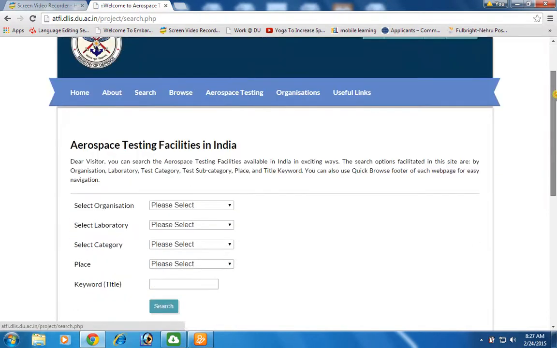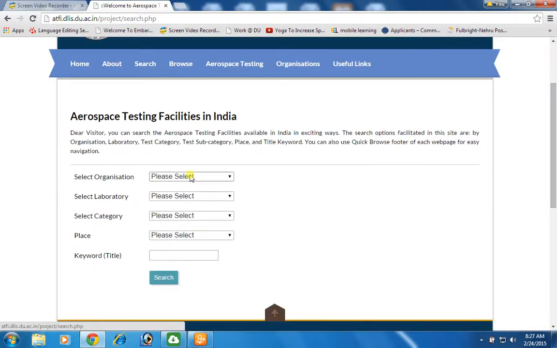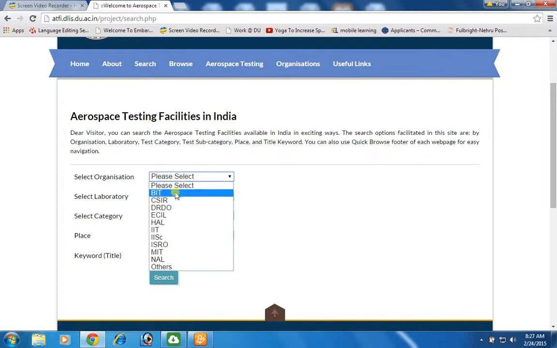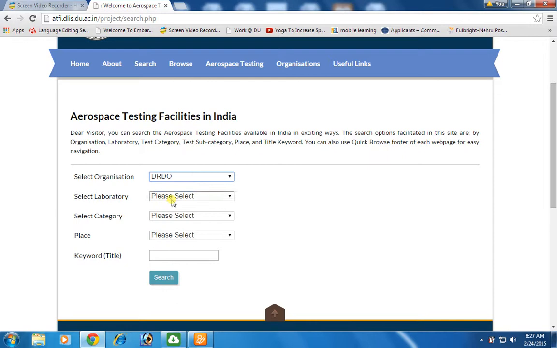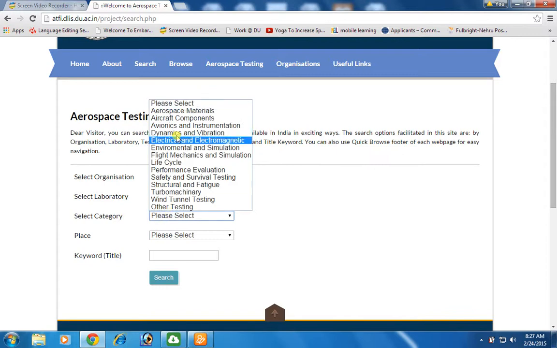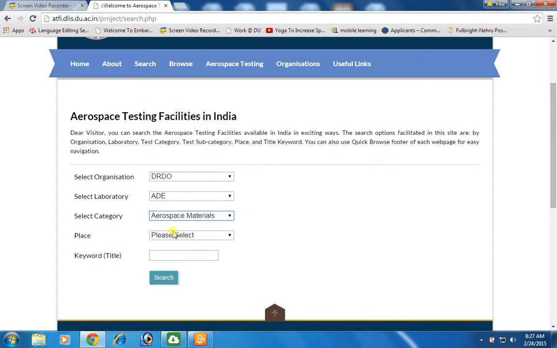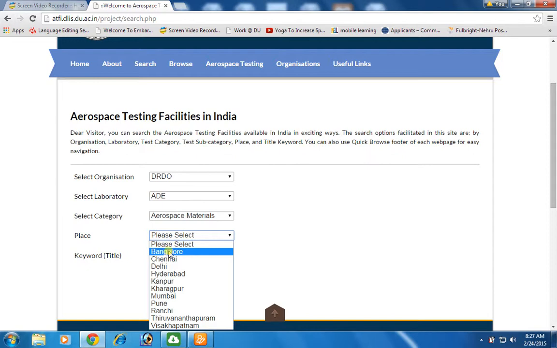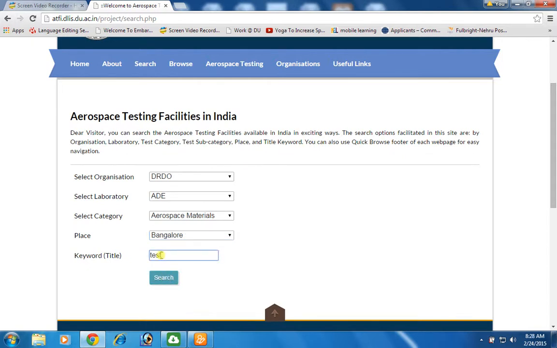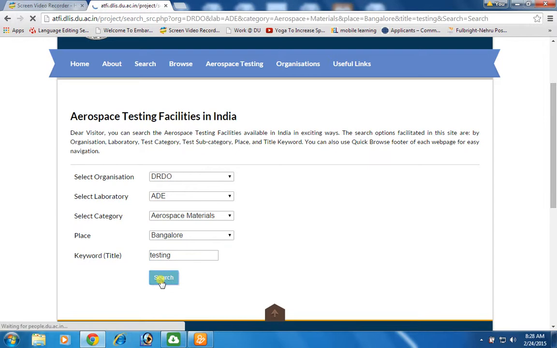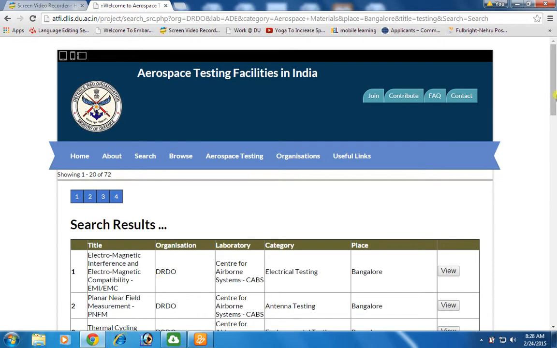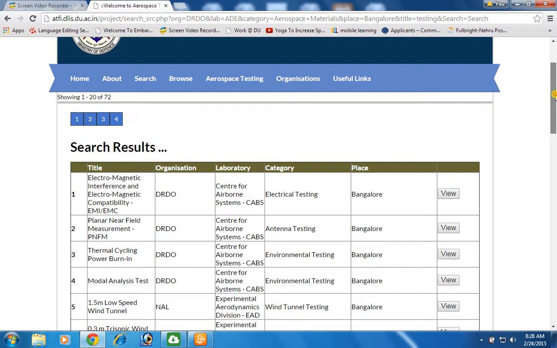If I click on the icon search and if I select the organization DRDO, and then I click on the laboratory ADE, and I select the category aerospace material, and place I will choose Bangalore, and if I use the keyword testing, it shows me 72 hits.